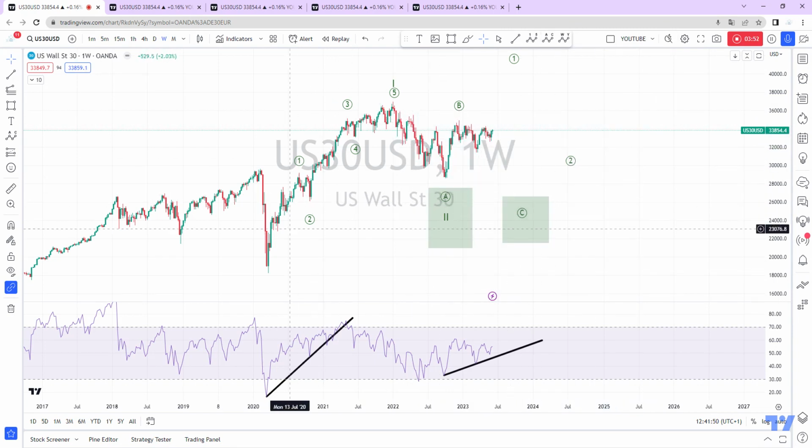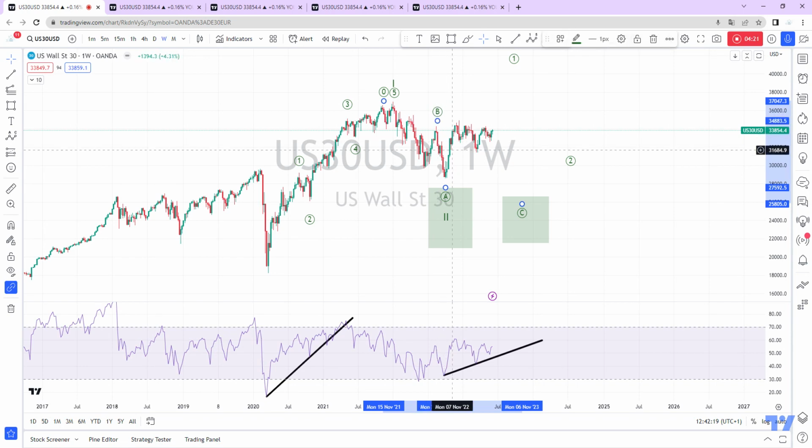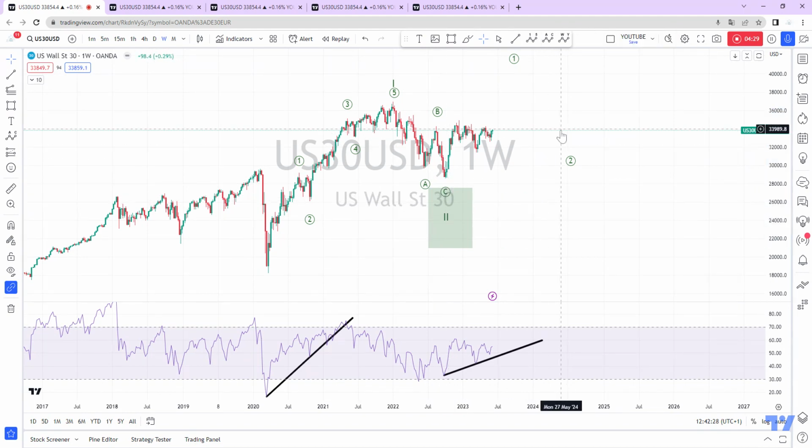The Dow is a bullish index, so there is nothing that suggests now that we will do it like this, like this A, B, C. We are making higher highs, higher lows, so this is bullish in the higher time frame. But it is a scenario that we cannot exclude. We still have to take this into account, or at least consider it,